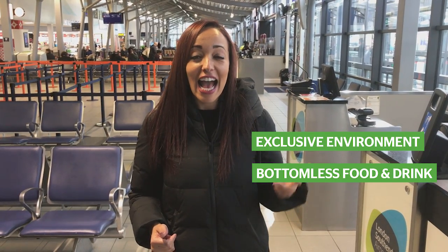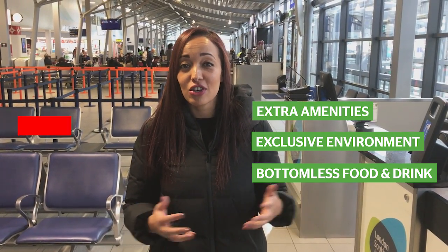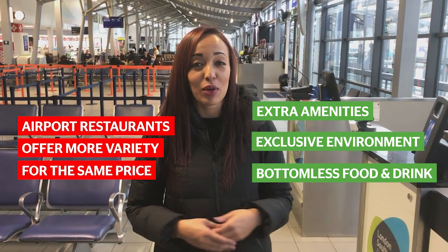What you get for your money varies from lounge to lounge, but ultimately, is it worth the entry cost? Bottomless alcohol, a stress-free environment away from the crowds, and additional amenities are appealing. But for the same price, you could get a greater variety of food and drink in one of the airside